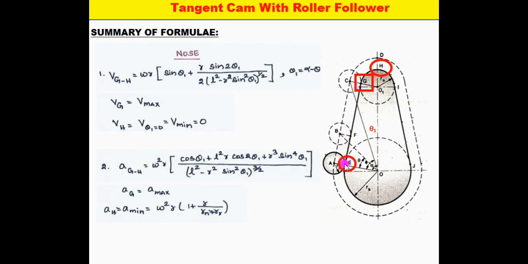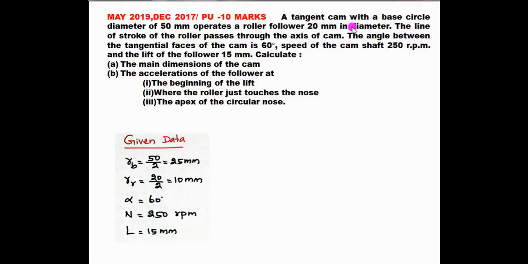On the path EG, the acceleration is increasing from E and getting maximum at G. And again the values of acceleration start decreasing from G and getting minimum value at H. So a minus sign can be added in this acceleration formula to show the acceleration is decreasing along the path G to H.